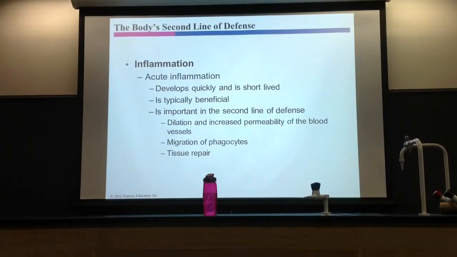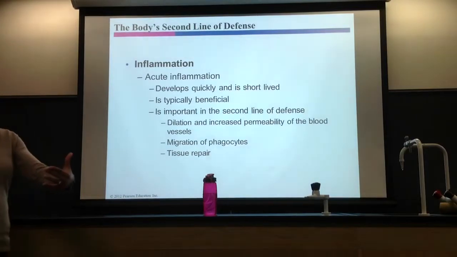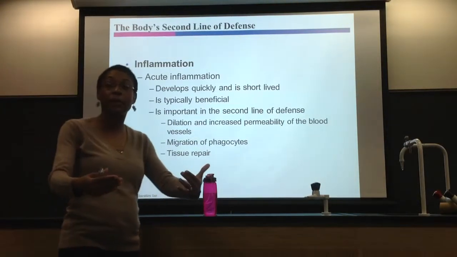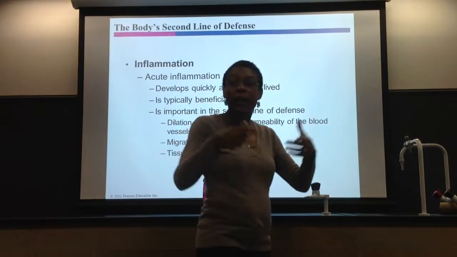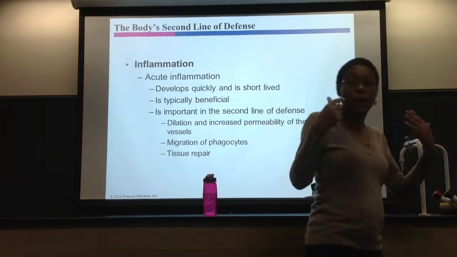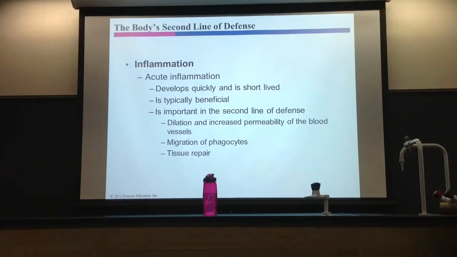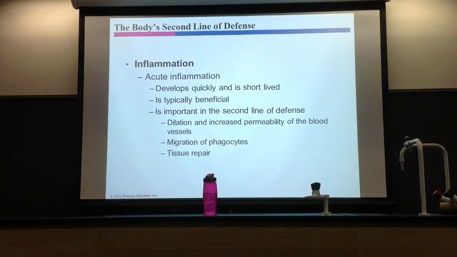Now, what's really going on in inflammation? First of all, these two things are happening. First of all, dilation of blood vessels, which means they get bigger, right? And if blood vessels get bigger, they bring in what? More blood, more nutrients, and also some macrophages, probably some phagocytes. Now here's the deal. When you have dilation, that's how you get the redness, right? That's where you get the heat. It's from the dilation from the inflammation process.